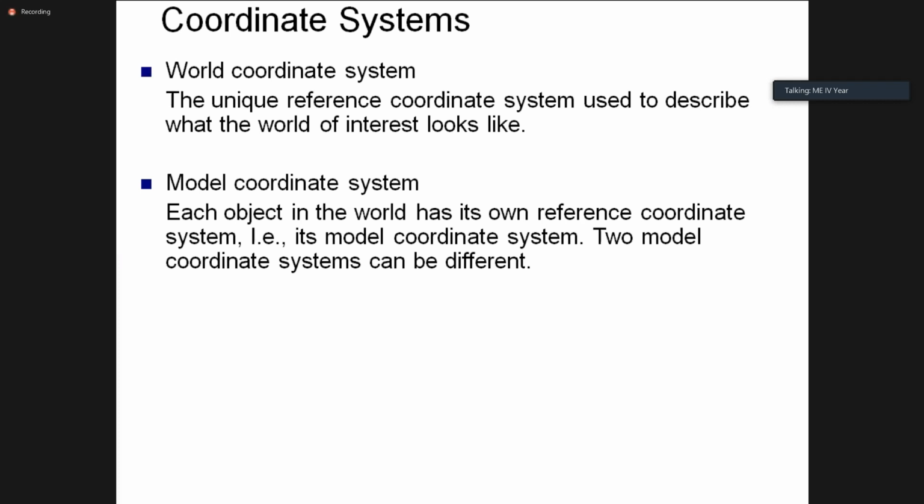So that coordinate system we call the model coordinate system. We are not referring to some other axis, just the center of whatever object we create. Suppose you draw a rectangle, the center of that rectangle will be the coordinate system of that particular model.